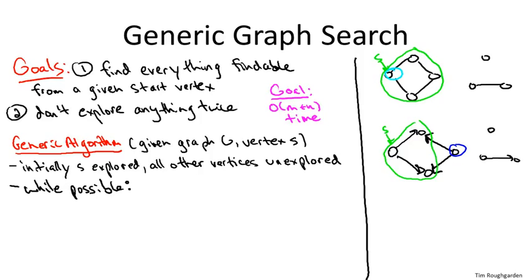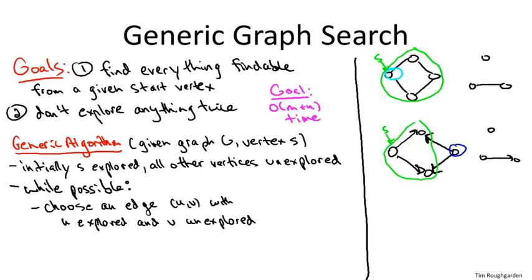And then in our main while loop, which we iterate as many times as we can until we don't have any edges meeting the following criterion, we look for an edge with one endpoint that we've already explored, one endpoint inside the conquered territory, and then the other endpoint outside. So this is how we can, in one hop, supplement the number of nodes we've seen by one new one. If we can't find such an edge, then this is where the search stops. If we can find such an edge, well, then we suck V into the conquered territory. We think of it being explored. And we return to the main while loop.